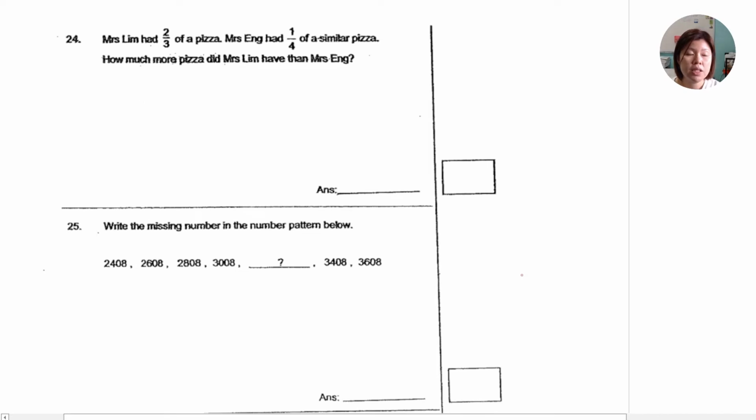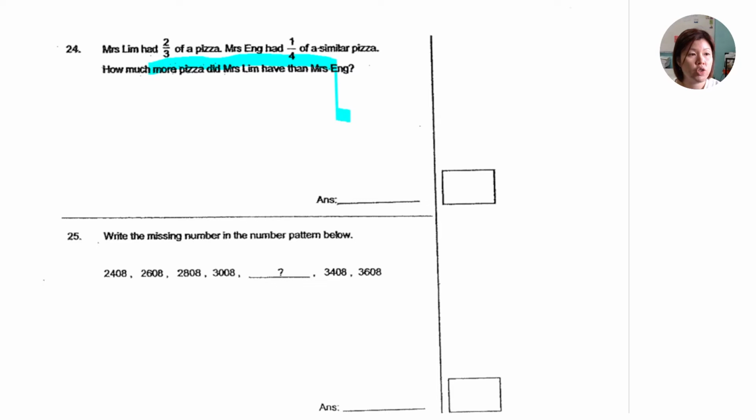Okay, next one. Let's move on to fractions. Mrs. Lim had 2/3 of a pizza. Mrs. Ng had 1/4 of a similar pizza. How much more did Mrs. Lim have than Mrs. Ng? Mrs. Lim has 2/3, so Mrs. Lim has more. And since Mrs. Lim has more,